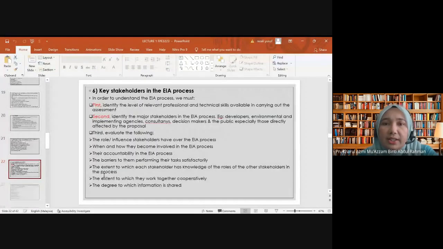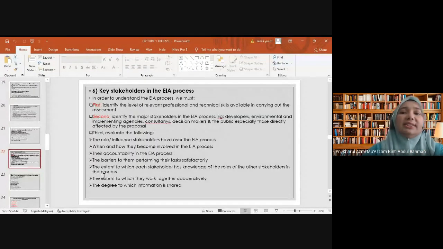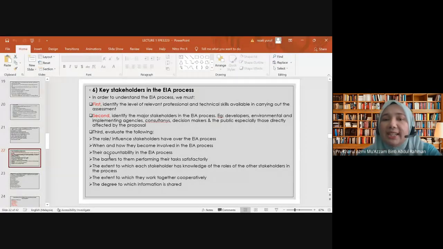Okay, next. Okay, last, the key stakeholders in the EIA process. Apakah pihak yang terlibat di dalam proses EIA ni? Okay. So we must have the first, identify the level of relevant professional and technical skill available in carrying out the assessment. Macam saya cakap tadi, kita kena kenal pasti orang-orang ataupun pihak profesional dan pihak teknikal yang diperlukan di